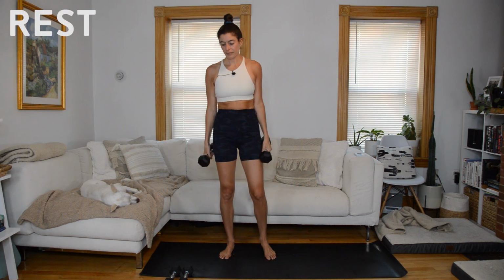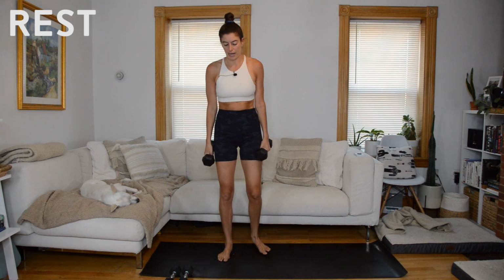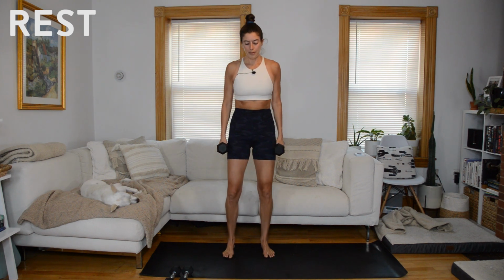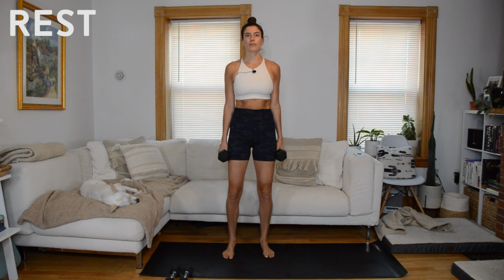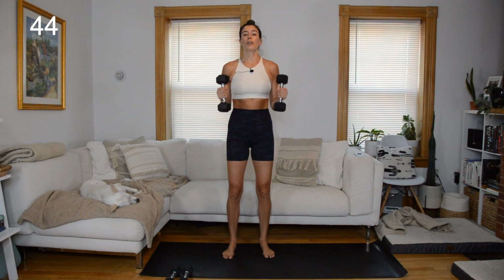Woo, rest. Next up, it'll be hammer curl, and then hammer curl halfway, front extension, both weights working at the same time, or moving at the same time. Hammer